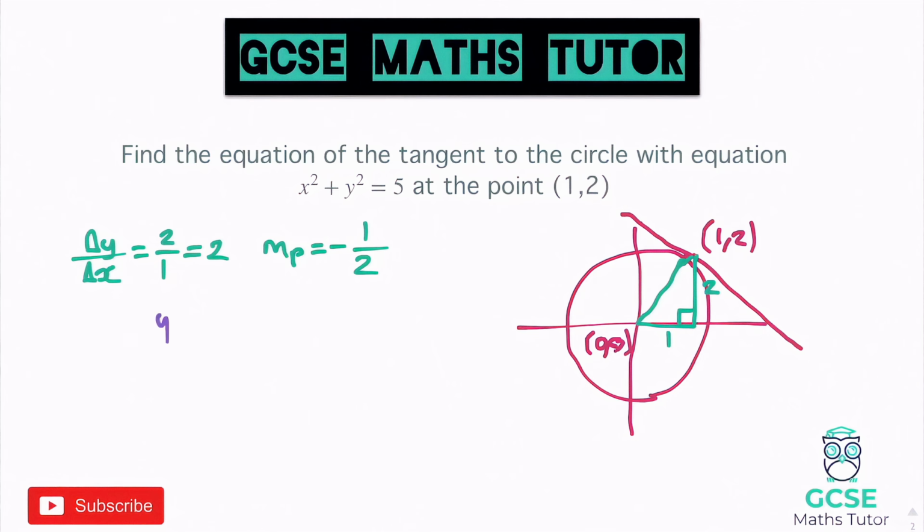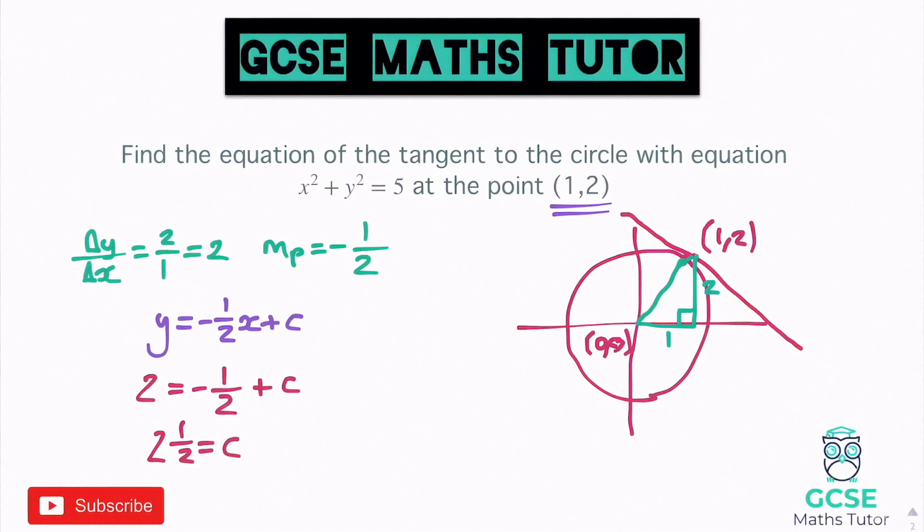And again, from here, it's pretty much the same steps as on the previous video. So let's just have a look. We've got y equals -1/2 x plus c, and then our coordinate is (1, 2). And if we sub that in, let's see what we get. We get 2 equals -1/2 times 1, which is just -1/2, so I won't bother writing that in, plus c. Add the half over, we get 2.5 equals c, and that's fine to leave as a mixed number. And now we can write our equation, replacing c with 2.5. So y equals -1/2 x plus